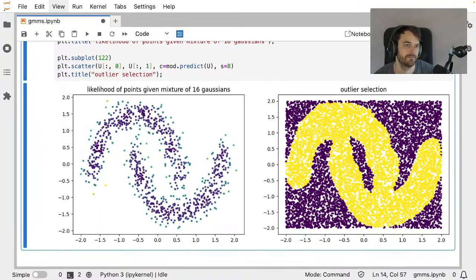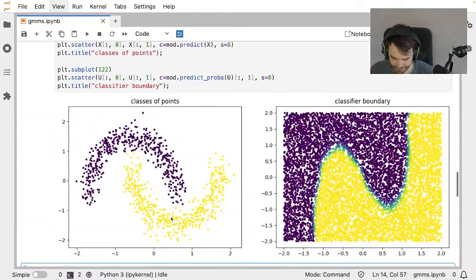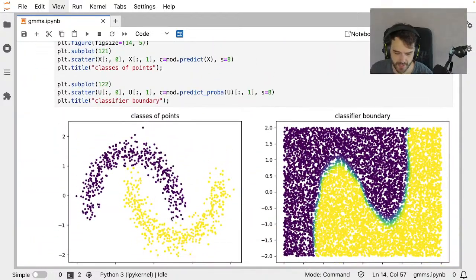So why is this so useful? Why would I drive home the fact that you can do both of these things at the same time? Well, because I think sometimes you should do both at the same time. So let's go back up. Imagine that you're in this situation, where we've got a data set that actually looks like this. It never does, but let's assume that it does.